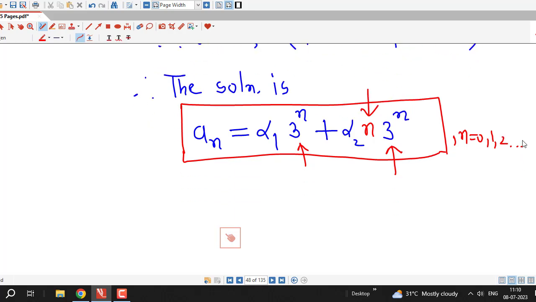So you can see it is very easy to solve recurrence relations, and if you recall, this theory of solving recurrence relations goes exactly parallel to the theory of solving linear homogeneous differential equations with constant coefficients. You might have seen this type of method of solving linear differential equations with constant coefficients in the course of mathematics 2. So this theory goes parallel to the method of solving these